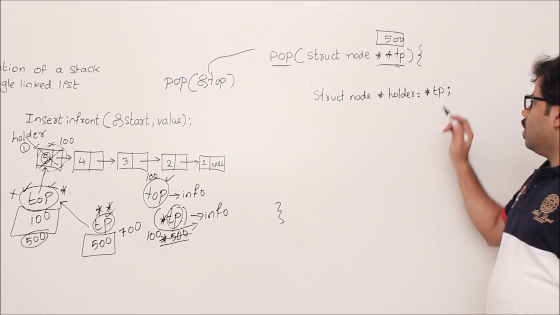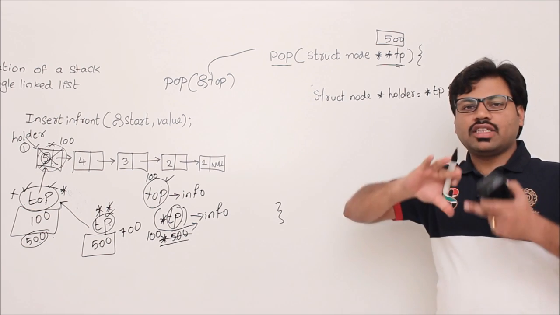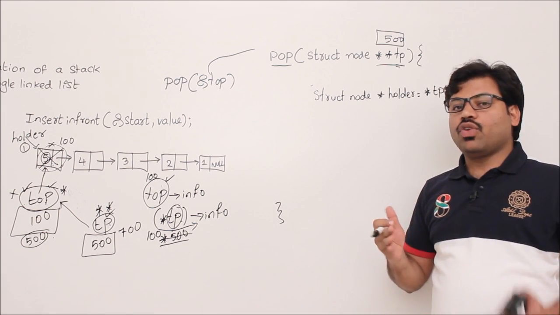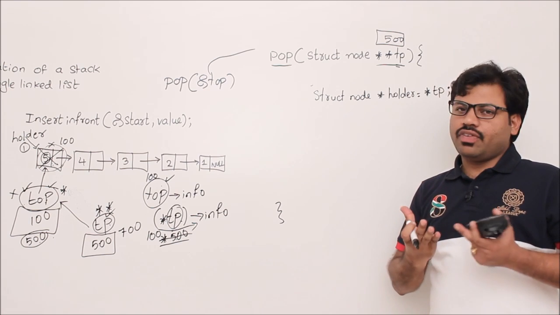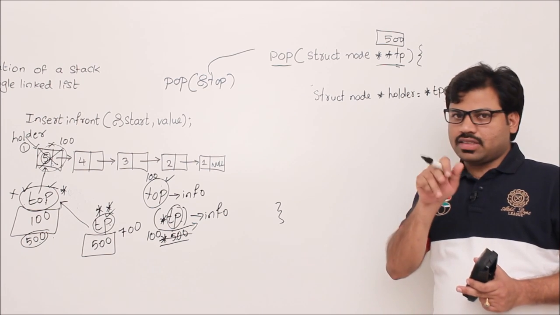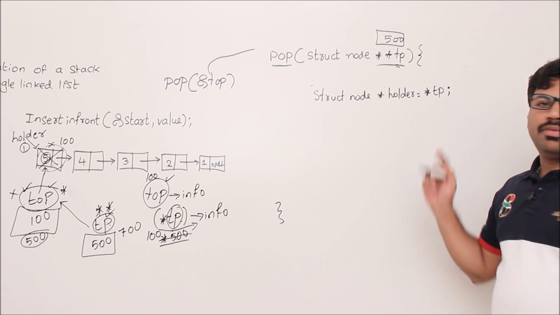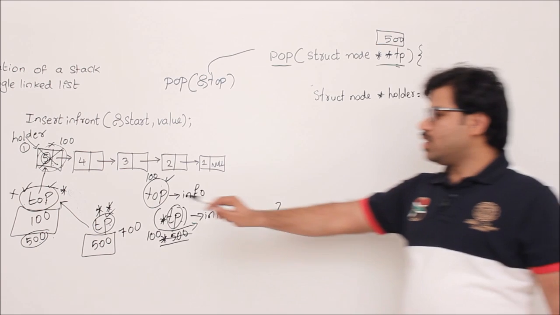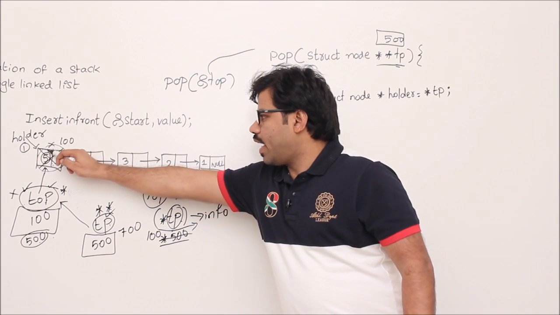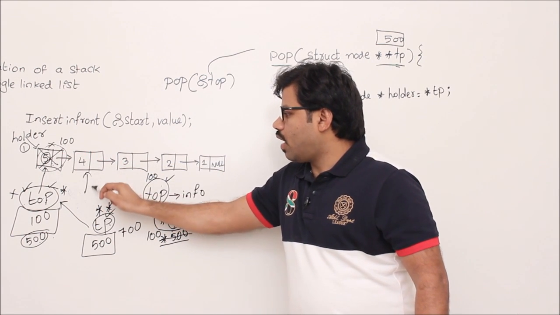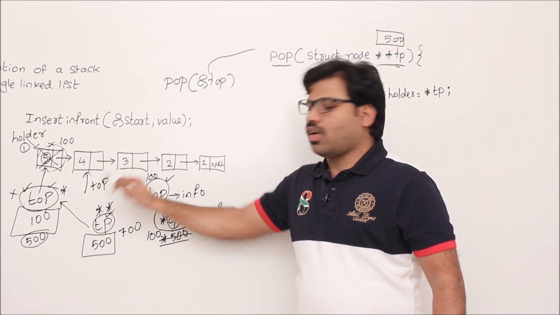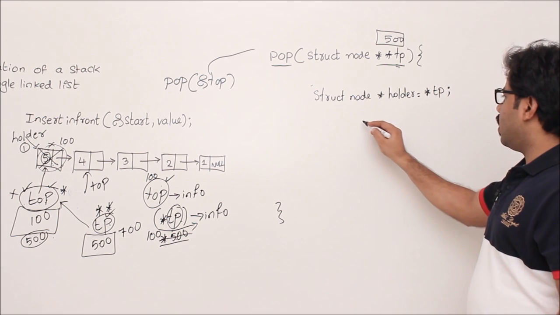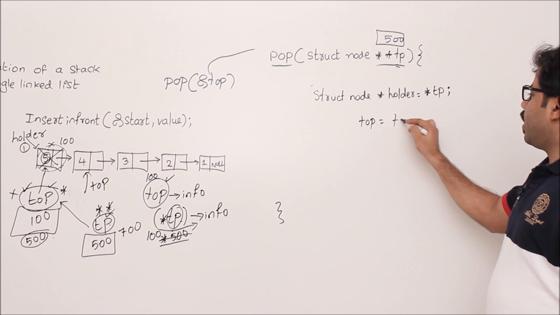First of all, think of the logic with respect to top, like using top. If you really have top, how would you do it? Think about it. After that we can convert and replace top by *TP, because both are the same. Let's start. Second step: in your logic, once you catch holder, we would like to move top to the next box, correct? For that, what is the instruction? top = top->next, right? So top equal to top->next.